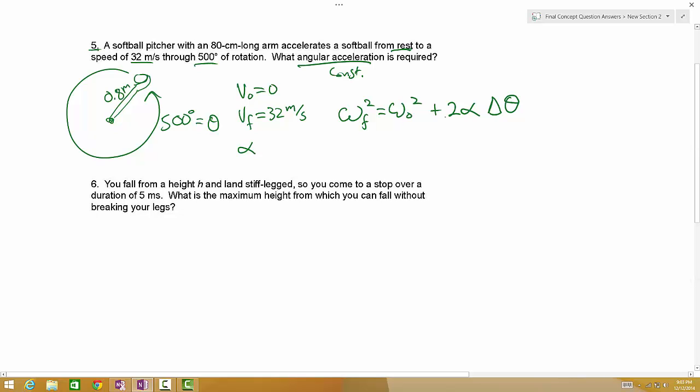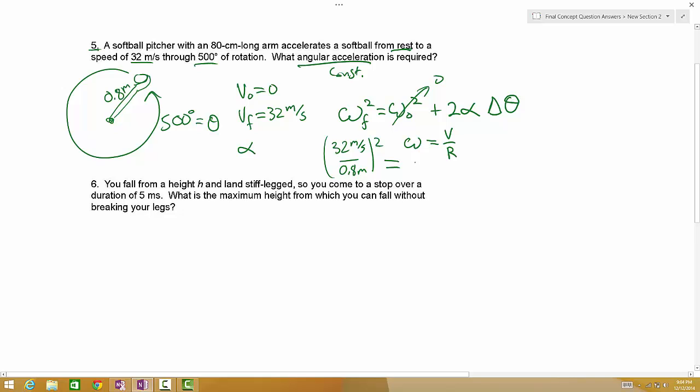And so here, don't forget that we were given these velocities. Now we're looking for the angular velocities, but don't forget that omega is equal to v over r. Well, initially we have no v, so that means no omega. So this initially is 0. So then we can use this equation for the final velocity, and we could rewrite this equation as v final over 0.8 meters. Let's just put in the number. V final is 32 meters per second